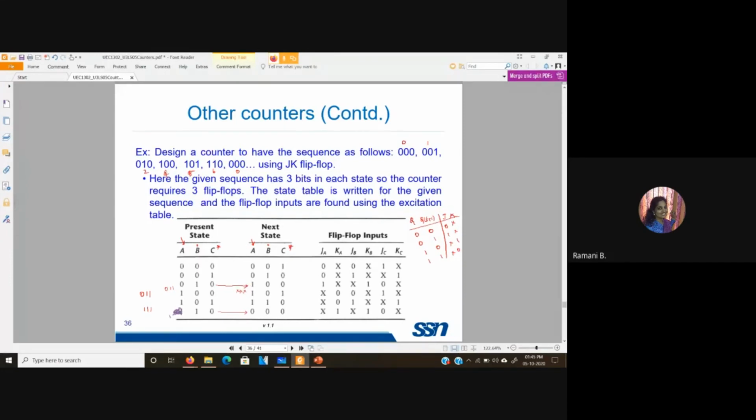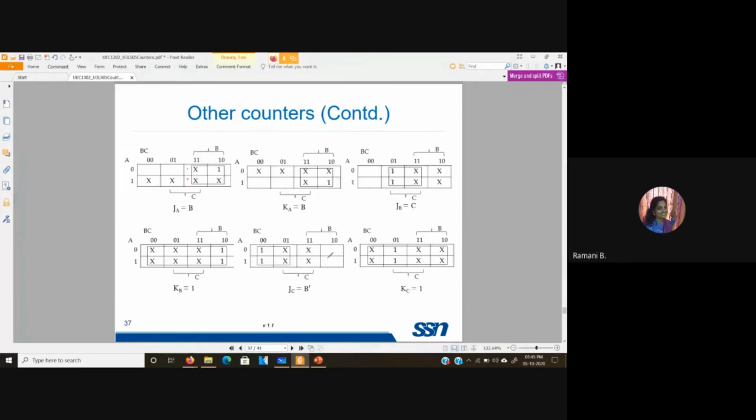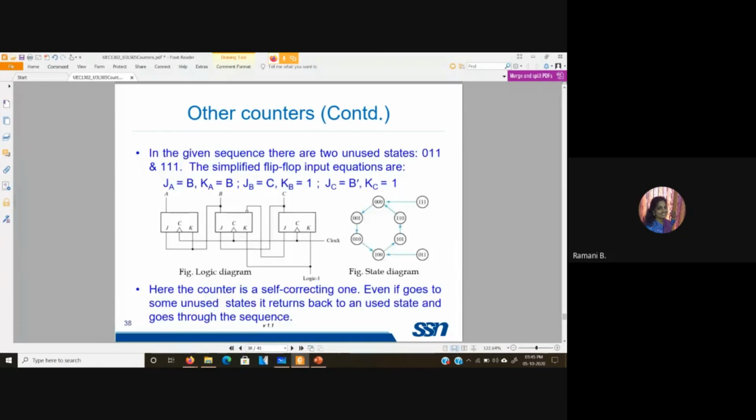Same way you can include 1 1 1 after this and give the next state value to be don't care. Okay, you can show over here or directly you can put it in the table. So for such cases, the corresponding JA, KA values will also be don't care. That you need to have in mind. Okay, so with respect to that, we have all these expressions and the circuit is drawn for this.